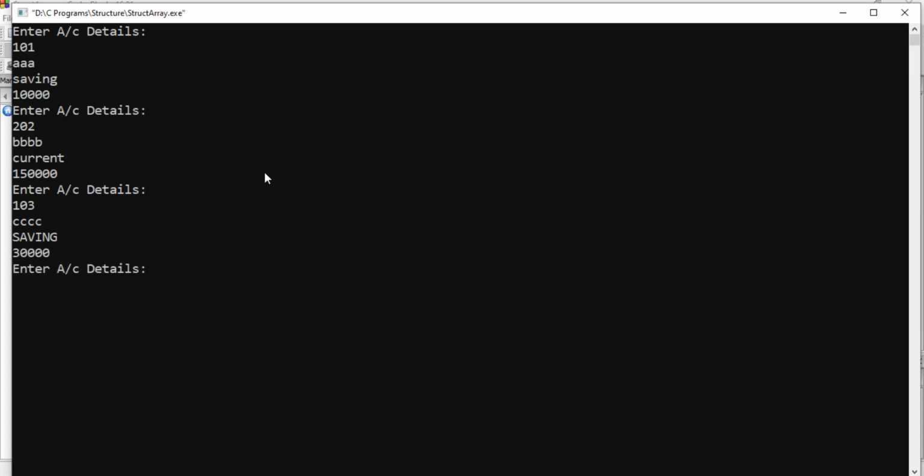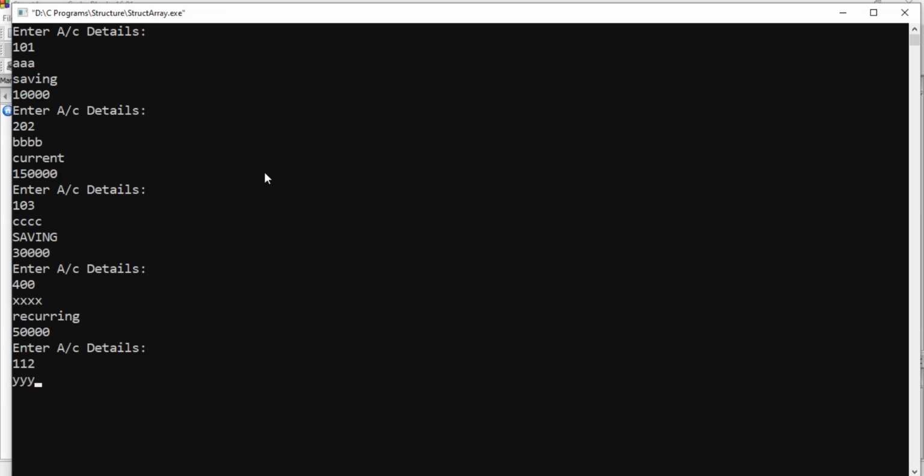Let us create one more account, say 400. Name is XXX. Then the account is recurring. And here I'll specify the balance as 50,000. The next account is 112.